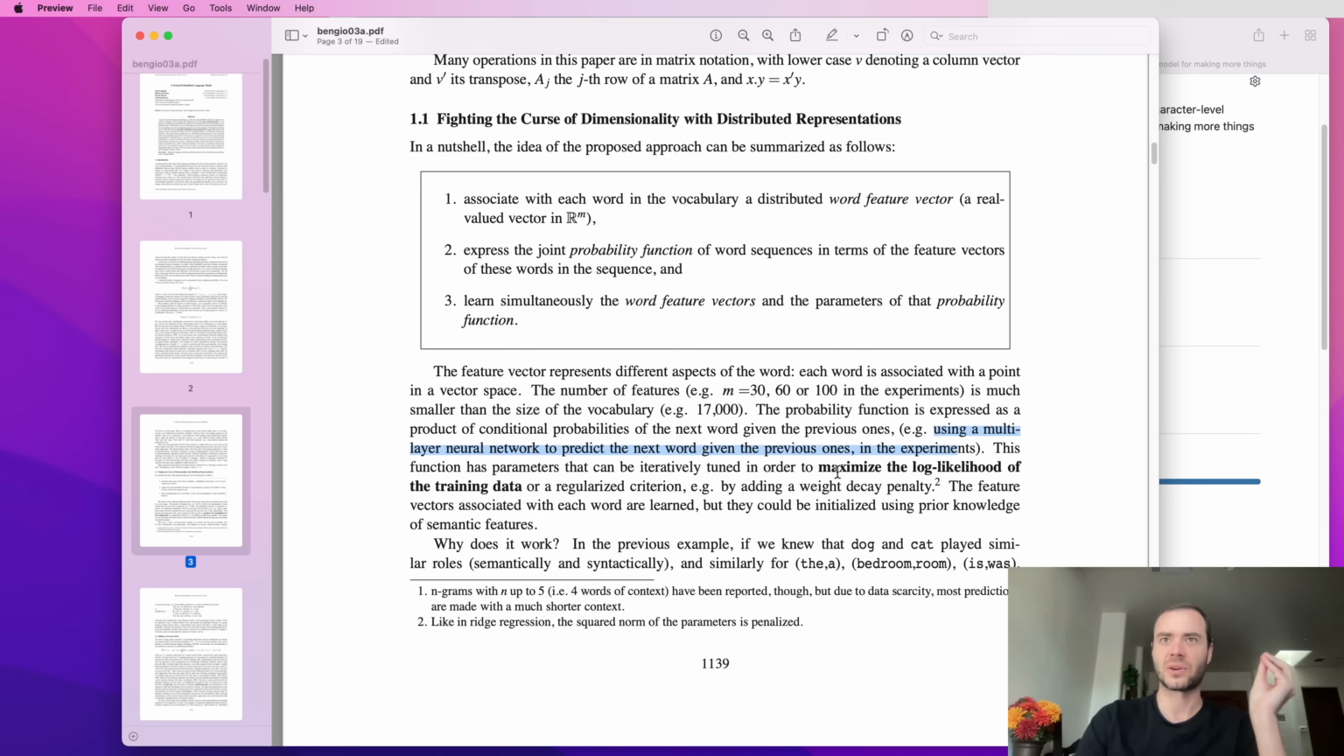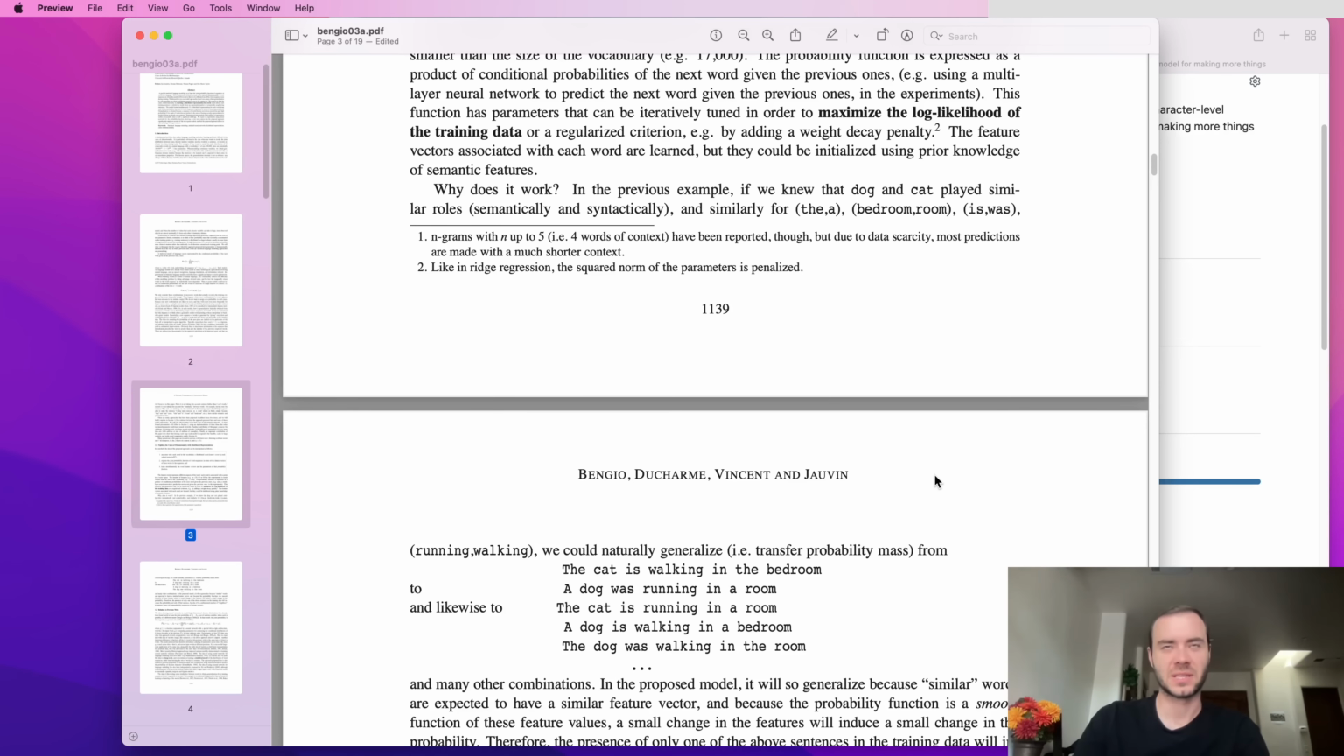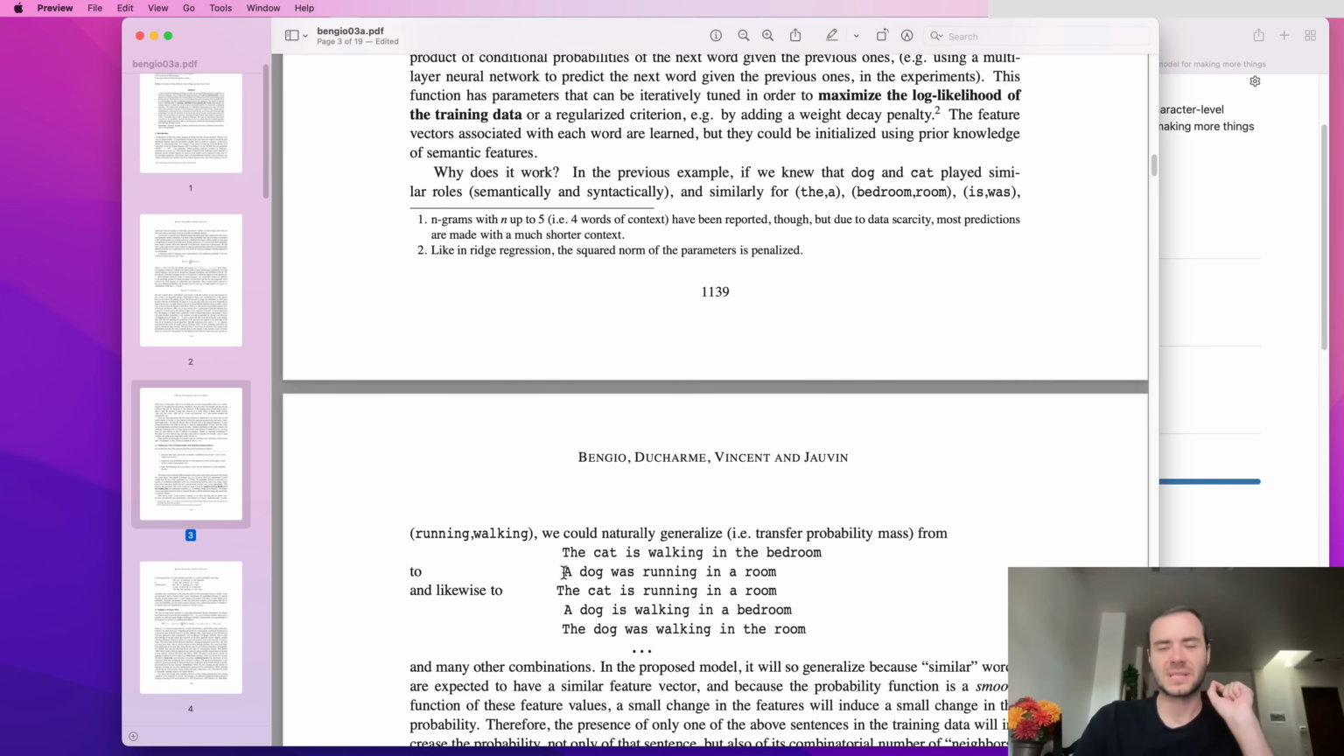And to train the neural network, they are maximizing the log likelihood of the training data, just like we did. So the modeling approach itself is identical. Now here they have a concrete example of this intuition. Why does it work? Basically, suppose that, for example, you are trying to predict a dog was running in a